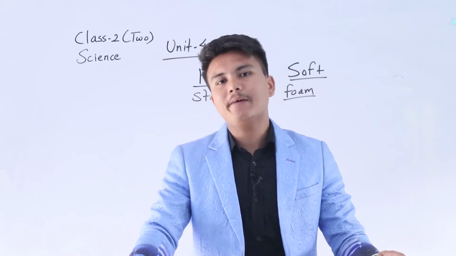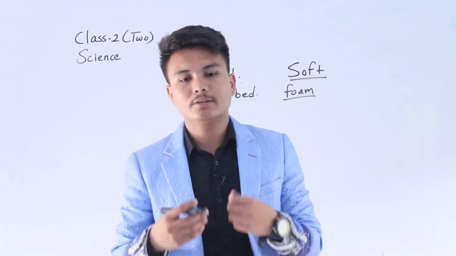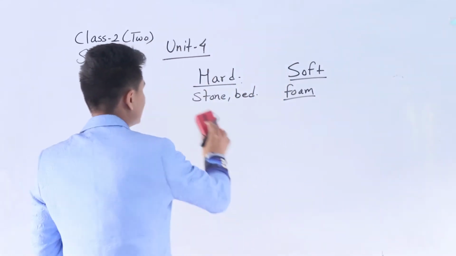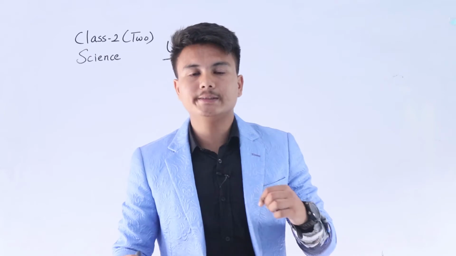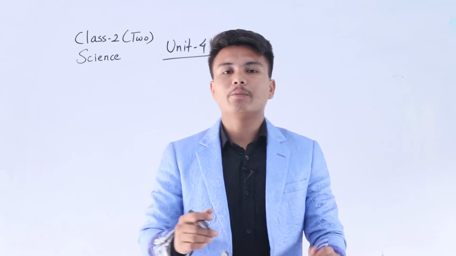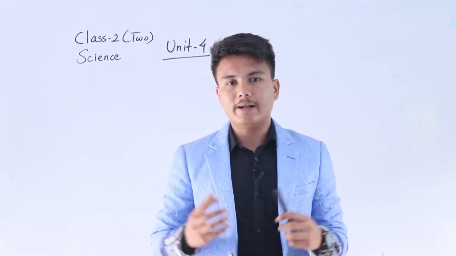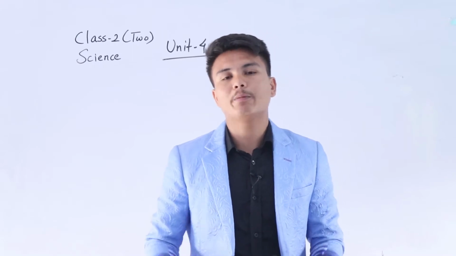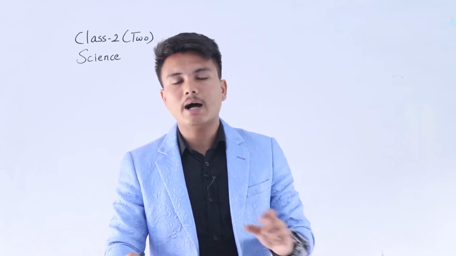So I will give you 5 main things on a board, and you have to determine whether each is hard or soft. Okay, let's start. I will ask one question: how do you find whether an object is hard or soft? We either find it by seeing it, or we have to touch it. We can't always tell by seeing. Sometimes we may be confused, so we have to touch it and feel whether it is hard or soft.